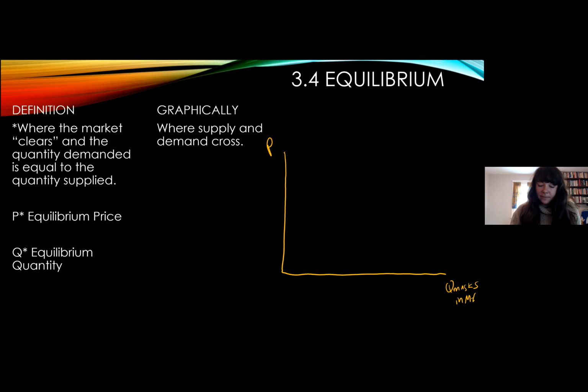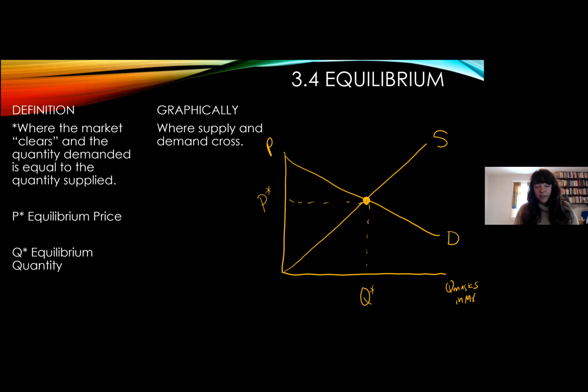So we're still thinking about masks in Maine, the price. We've got our supply curve, which we know slopes up, and our demand curve, which we know slopes down. And there's going to be a place where those two cross, and that is our equilibrium. We're going to label it with these stars. We'll talk about in chapter 5 why this is the most efficient place. What are things that we like about it and things that we don't necessarily appreciate? But for now, we're going to allow that to be where we end up.